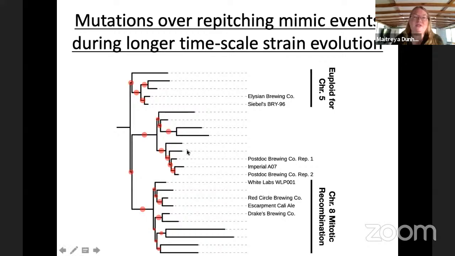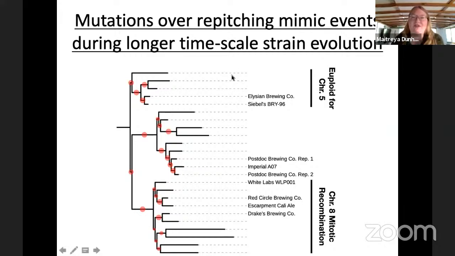And so here's just a tree. We started collecting all the Chico strains we could get our hands on. Chris posted in some brewing message boards and was able to get some samples of people's house strain, or a bunch of different companies sell strains that have different names but are all derived from the same ancestor and things like that.